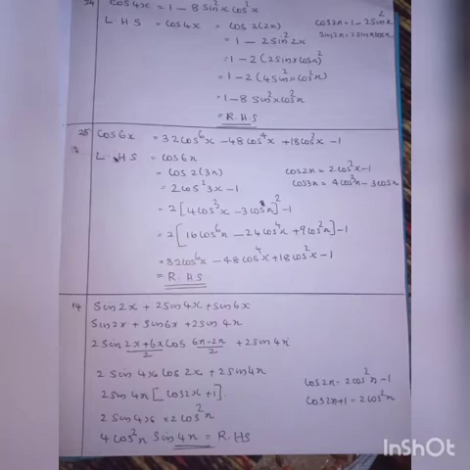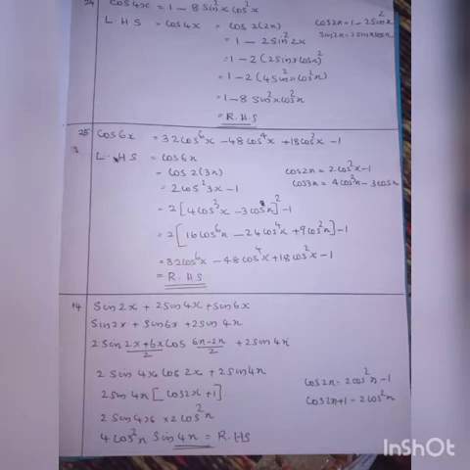So here we have to use two formulas. One is cos 2x equals 1 minus 2 sin square x, and the other is sin 2x equals 2 sin x cos x. I hope it is clear for you. Okay, any doubt you can call me, I will clear it. In the steps, I think everything is clear. Whatever formula we have used, it is written on the right side. Okay, it is direct application of the formula. Any doubt, let us discuss in the live class.